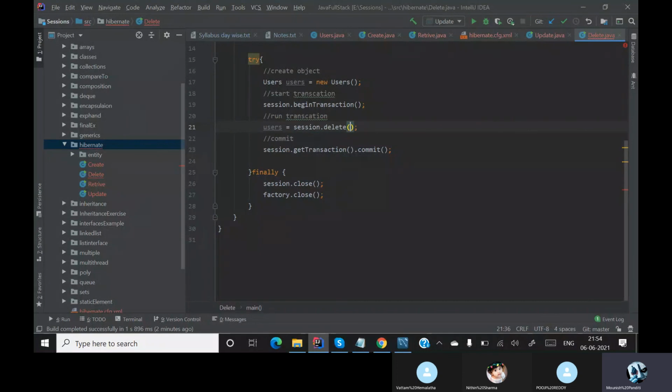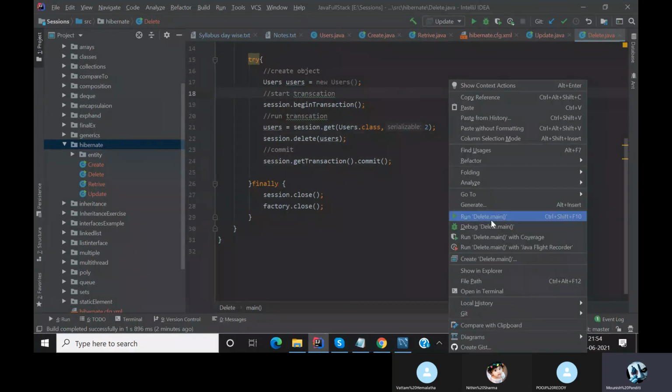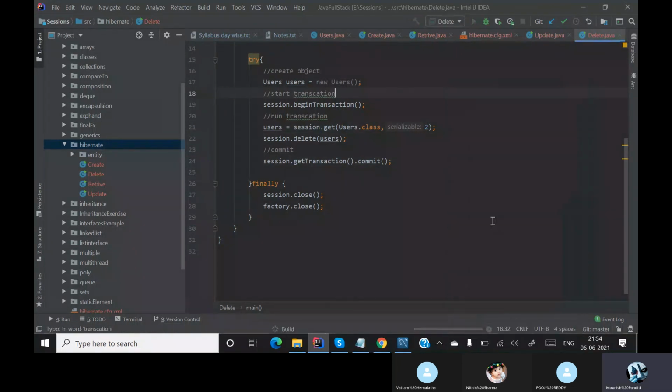Yes, you have a method called delete over here, and you will pass an object. So basically you need to configure your object. Users is equal to session dot get users dot class, and I want to delete my second one. Now session dot delete users. Done. Run the delete method.